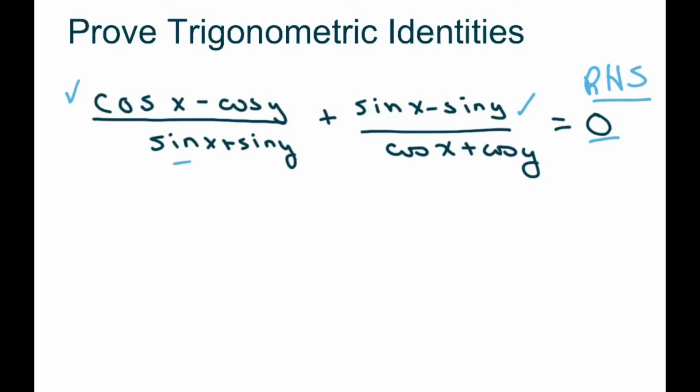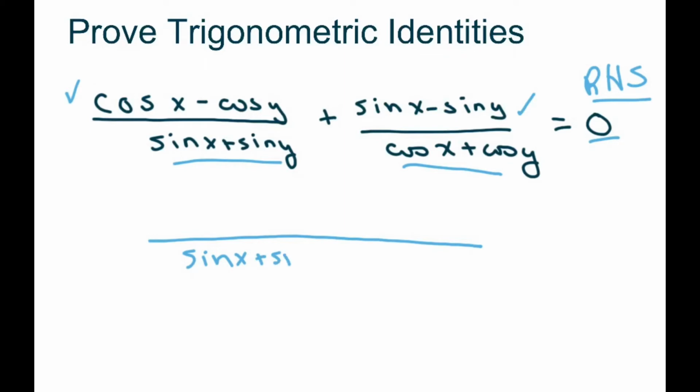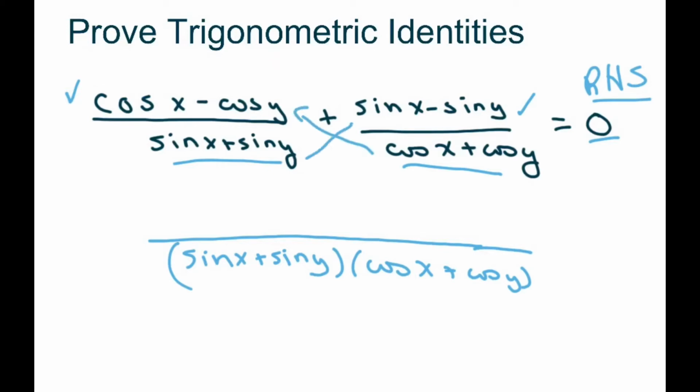So our common denominator is these two put together. So let's put those two together. So we have sine x plus sine y times cosine x plus cosine y. And since that's our least common denominator, then we're just going to do the butterfly thing here. And that's going to give you cosine x minus cosine y times cosine x plus cosine y